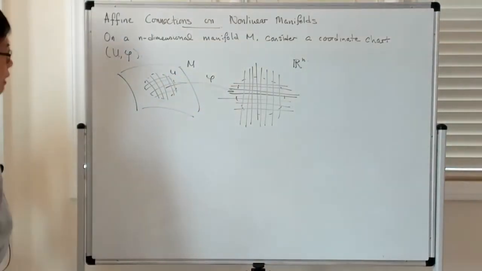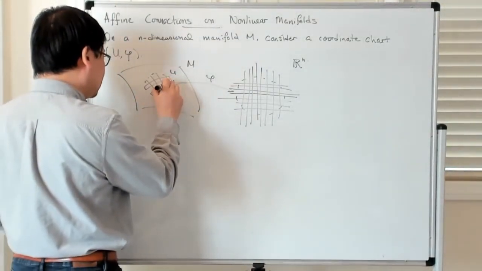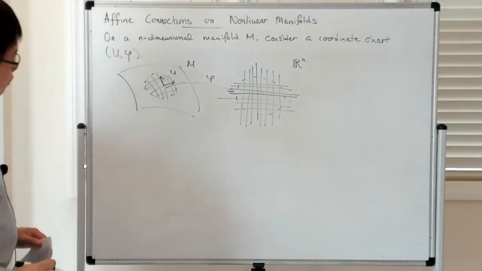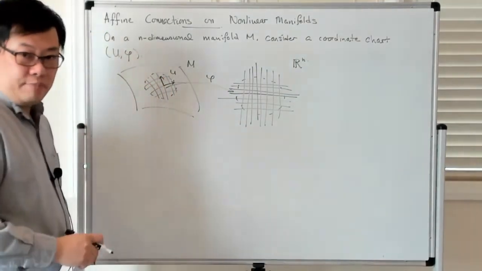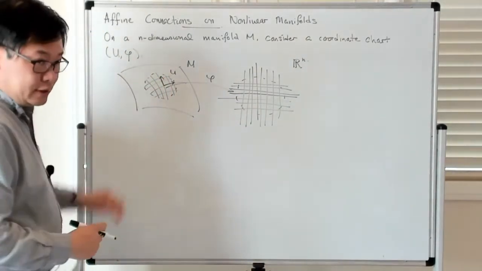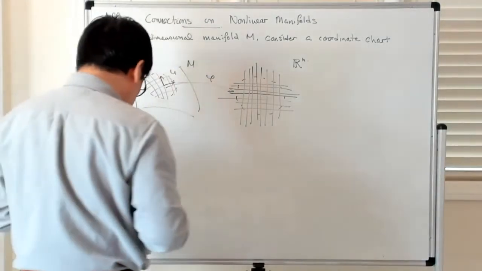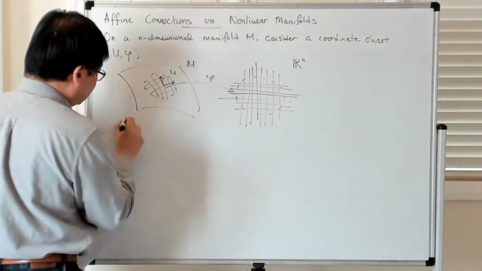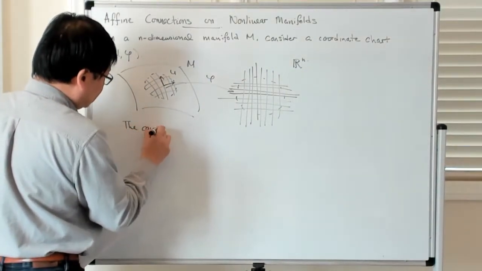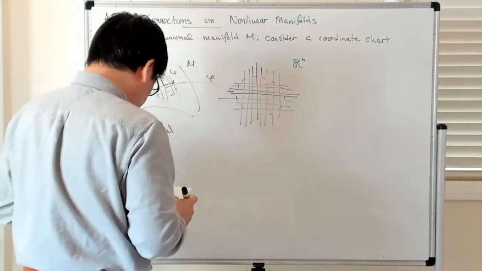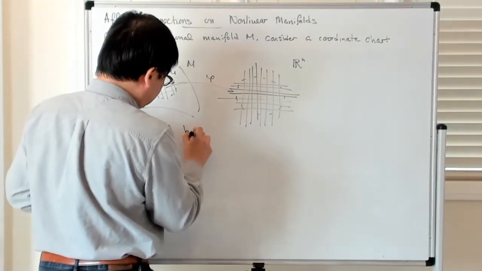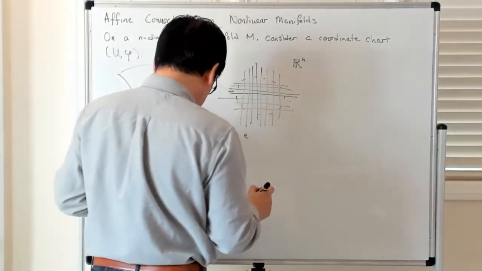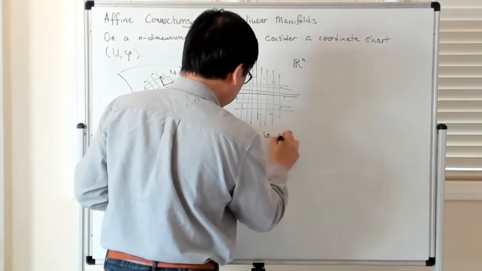Once you have these lines, you can look at the tangent vectors to them, and that will give you a basis for the tangent space at every point in U. So let's try to do this a little bit more formally. The canonical basis vector e_i